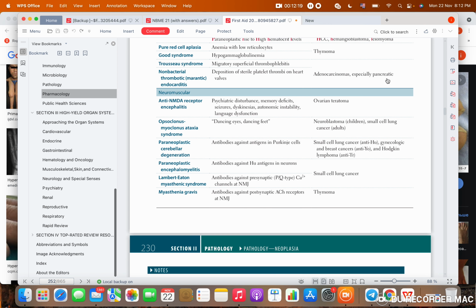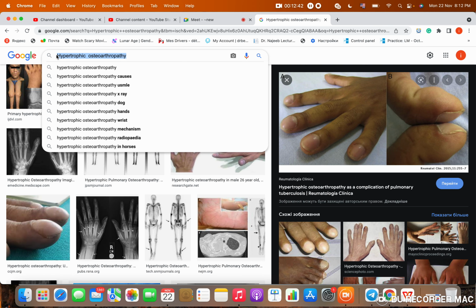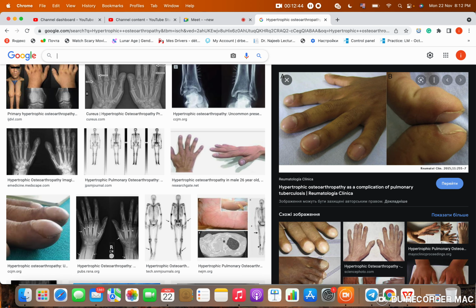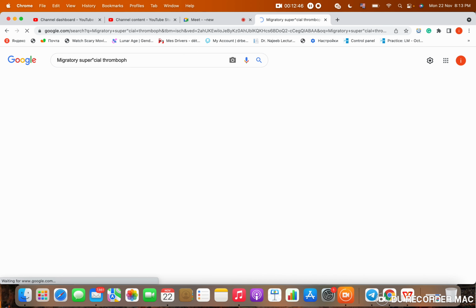The next one is Trousseau syndrome. It's not the same as Trousseau sign. So Trousseau syndrome is something called migratory superficial thrombophlebitis, and it's highly associated with adenocarcinoma of the pancreas. So let's take a look at it. These patients are suffering from an inflammation of the superficial veins of their legs. And when they have that,